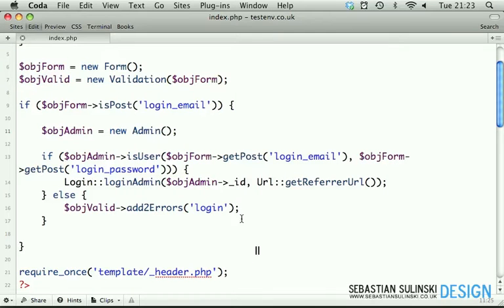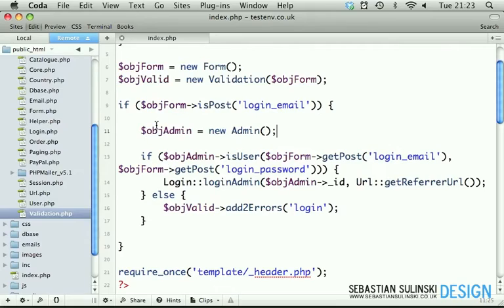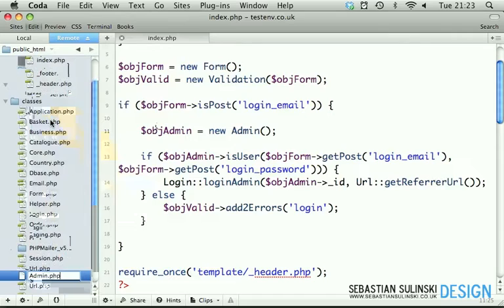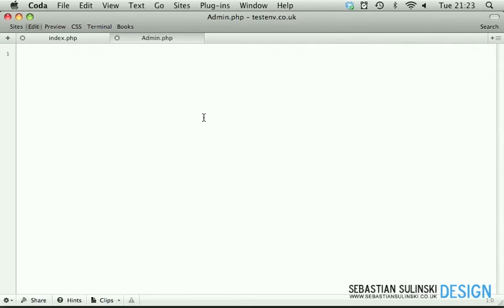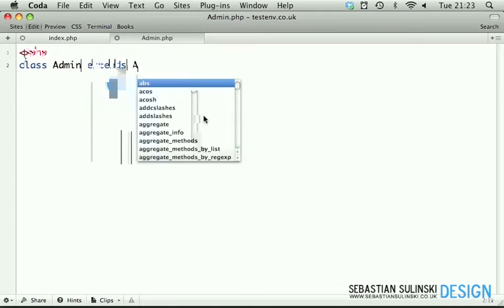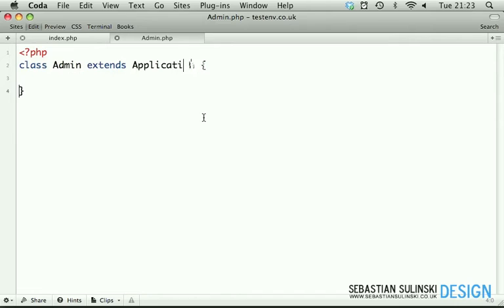Okay, so now it's time to create our admin class. So open a browser, and inside of the classes, let's create a new file, call it admin.php. Inside of this file, we start with opening PHP tag, then class admin extends application. It's going to be very similar class to our user class. So if we start with private underscore table, and we're going to be looking at admins table,